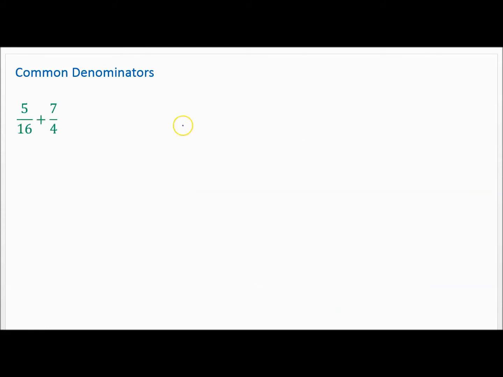Okay, next example. Once again, let's recopy it with some space. As I'm recopying, the big question is, do I even need a common denominator? And you say yes, because you're adding fractions that don't have denominators that match. Anytime you add or subtract, you definitely need a common denominator. Now, you might look at this and see what the common denominator is, but in case you don't, again, let's